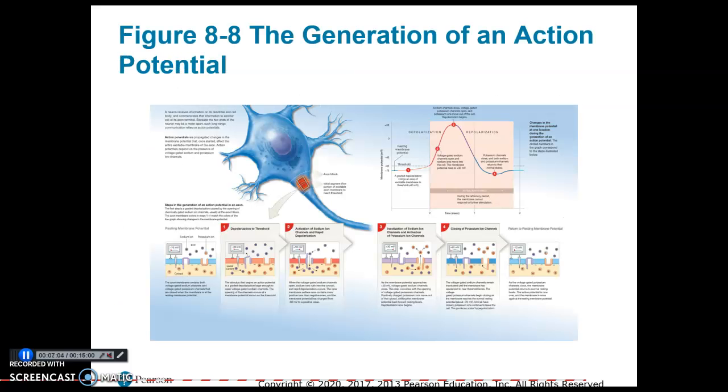And this shows you the steps in the generation of an action potential. You will need to know these. You will need to understand what happens in the generation of an action potential in a neuron. You need to understand that it happens right here at the axon hillock, which is the beginning of the axon. And you can see over here the graph, like each step is described, and then it's shown in the graph